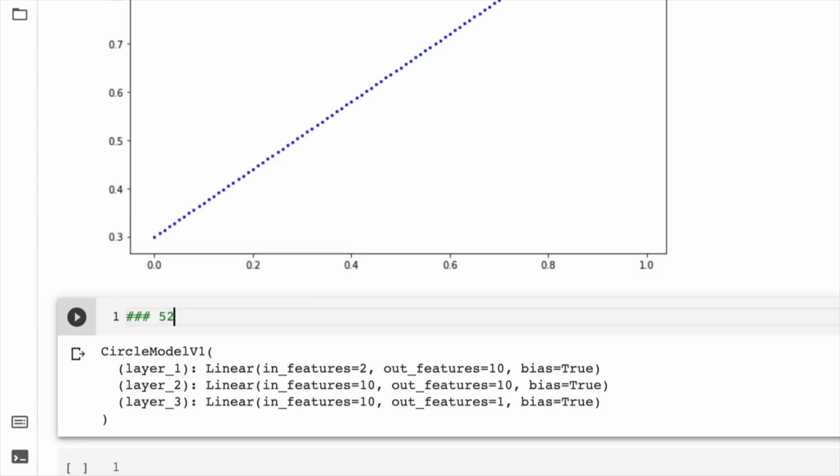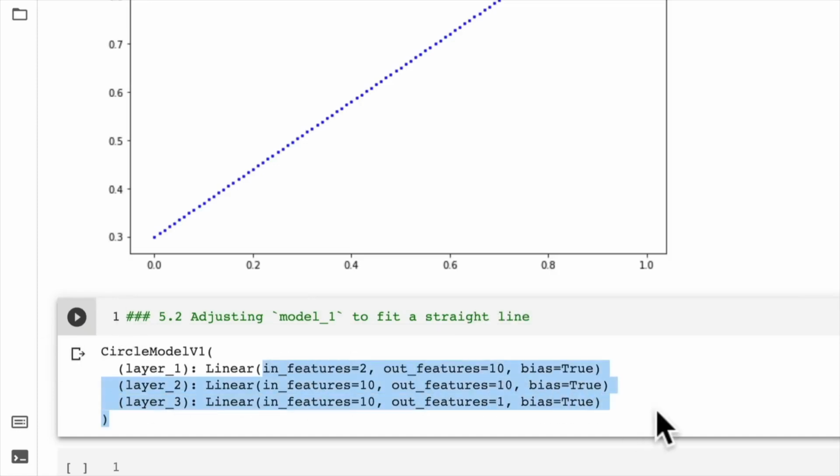Oh, we're going to cover it in a second, I promise you. But let's see how we can now adjust model 1 to fit a straight line. And I issued you the question at the end of last video: do we have to adjust the parameters of model 1 in any way, shape or form to fit this straight line data? And you may have realized, or you may not have, that our model 1 is set up for